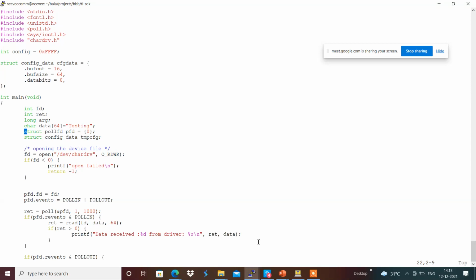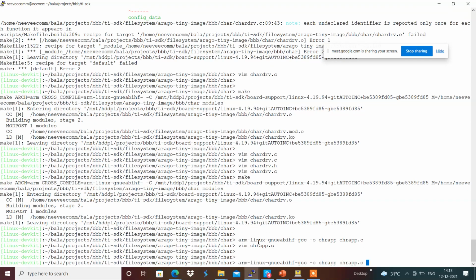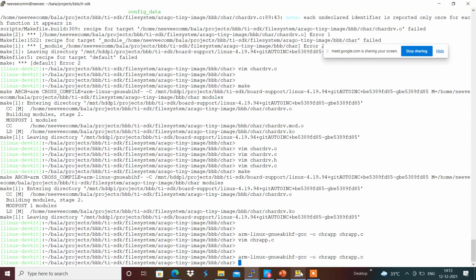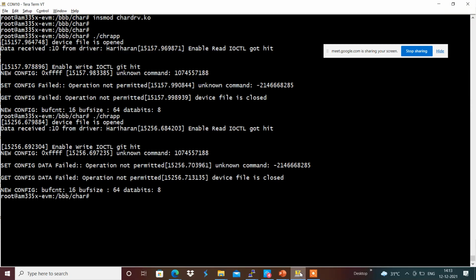Whatever the new config of 16, 64 and 8 bits of data is, it is getting set, but the thing is that we are getting some kind of unknown command. It was the operation not permitted for the set data config failed, but it was updated with the buff 16.